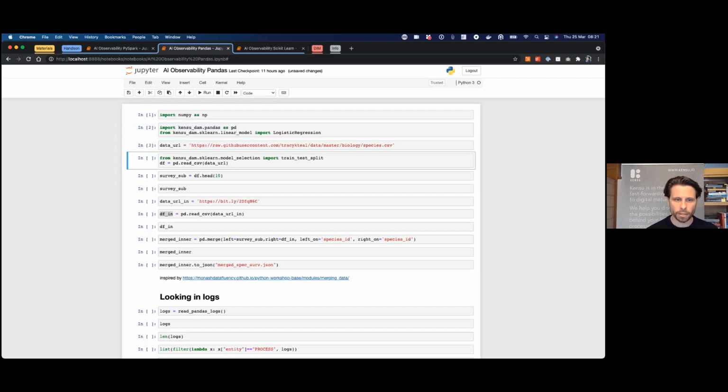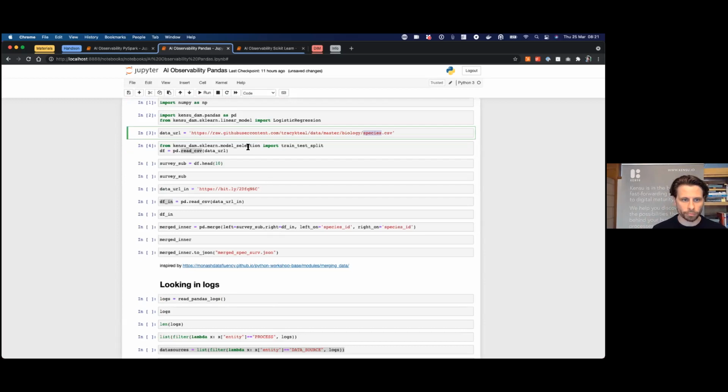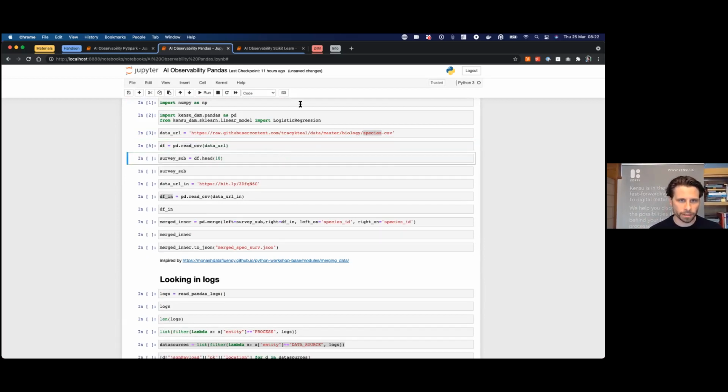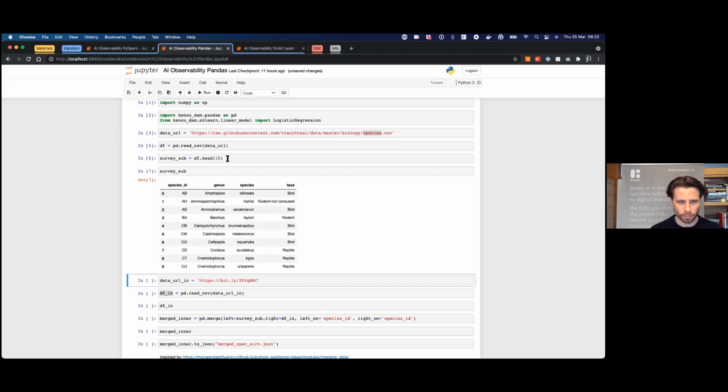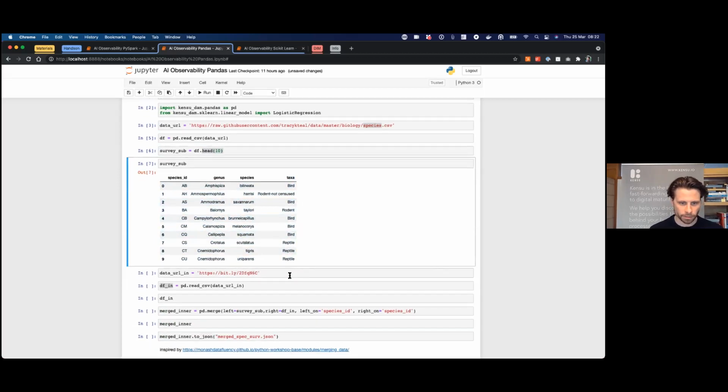So here I'm going to read the species data. At this moment, Kensu knows, the library knows, the logs know that the species data is read. Okay, so there will be in the logs somewhere, using this library that you can use. Then I can read the data. Here I read the data. I do a little bit of subsampling, so I take the first 10. So here is what it looks like, with the taxa, species, and so forth, taxonomy.